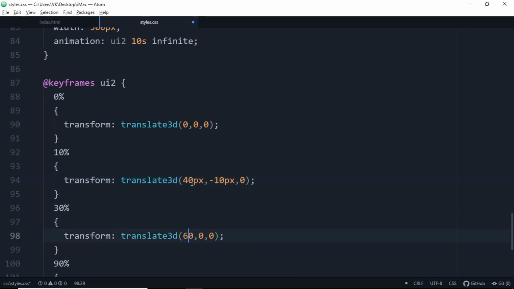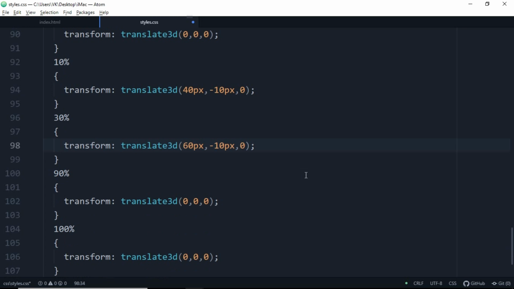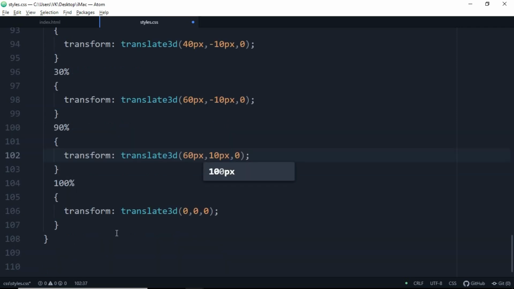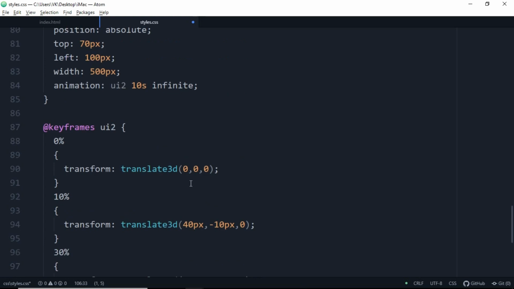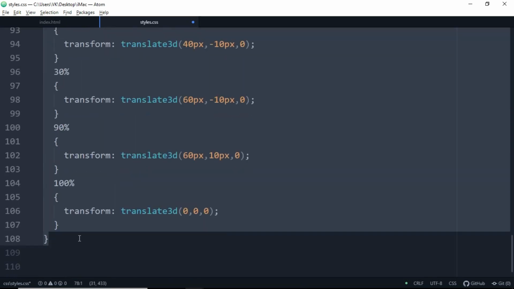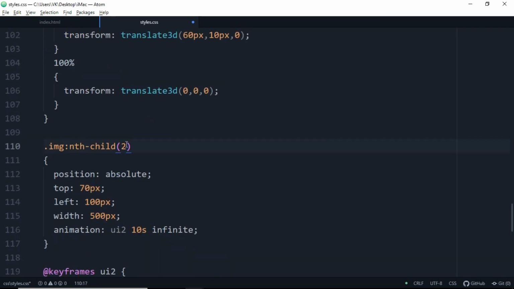So just increase it gradually. 60 pixels and minus 10 pixels. We're gonna keep our Y the same, that is it's gonna be at the upward side of our screen. 60 pixels, and it will be 10 pixels in the Y direction, that is it will be at the bottom part of our web design. Let's copy all this nth-child 2 property and paste it for nth-child 3, make it